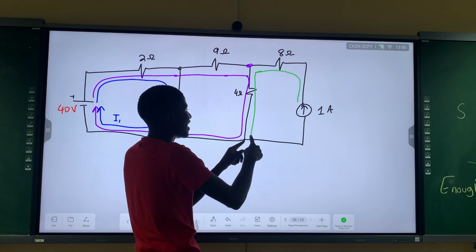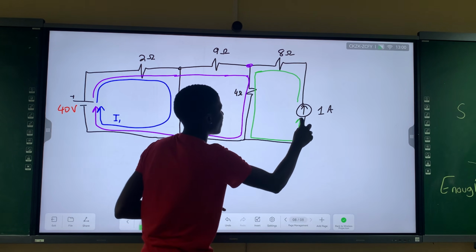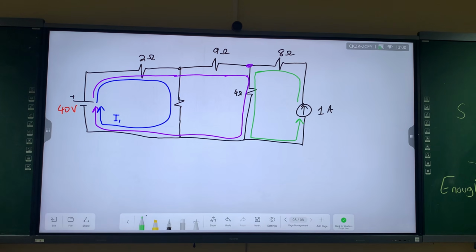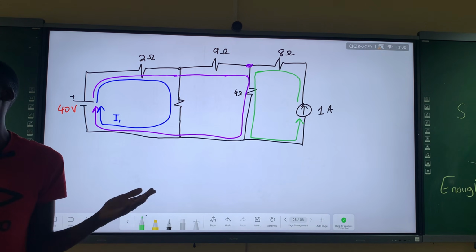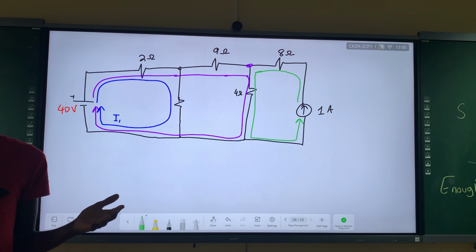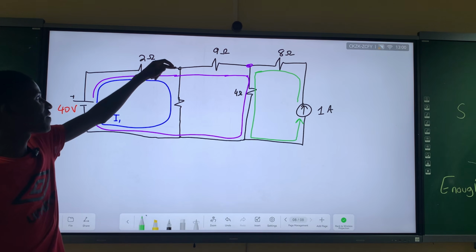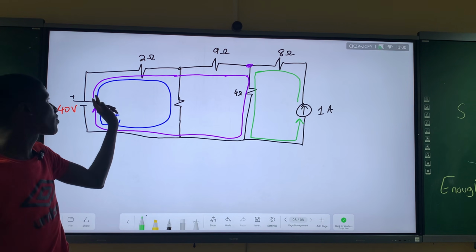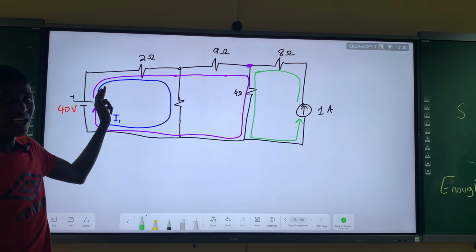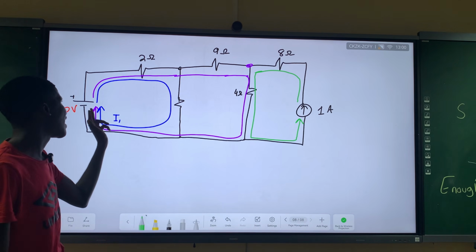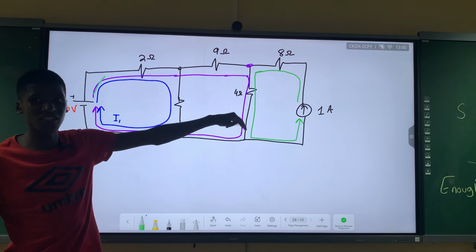Goes together and then they split again at this node and comes back. Those are the number of loops that we have. So the loops are constructed based on your current, where it goes. So if you see that your current, when it arrives here, will split, and one part will go this way, you can make a loop that moves like this. If you see that another will go this way, you can make a loop that goes like this. So it's a loop current.